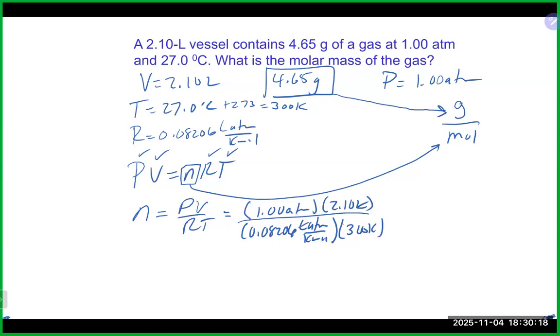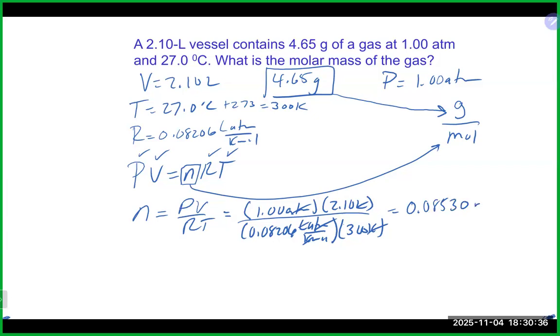Liters cancel, atmospheres cancel, Kelvin cancel, leaving moles. That's 2.1 divided by 0.08206 divided by 300. Looks like we'll end up with